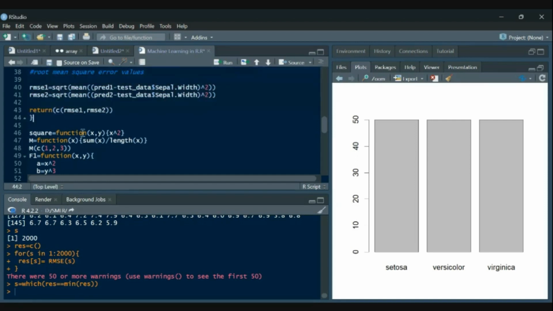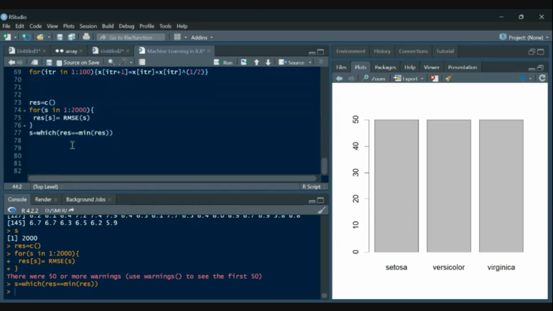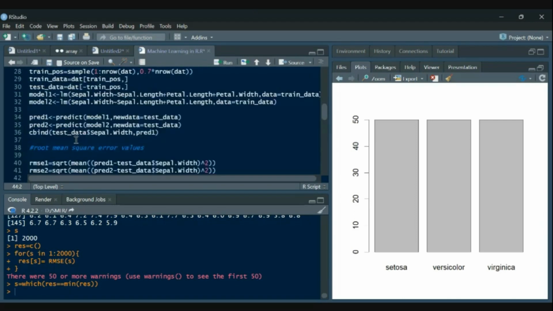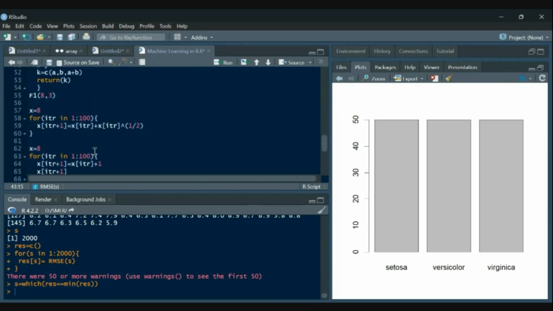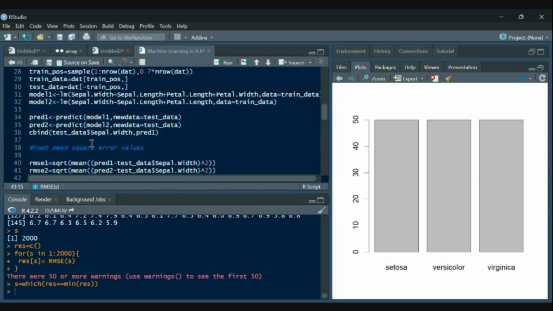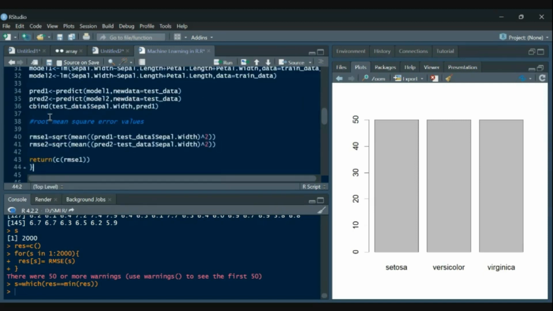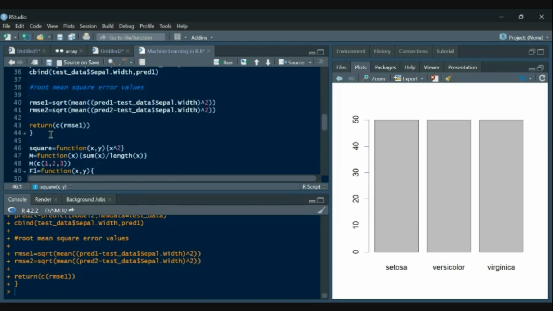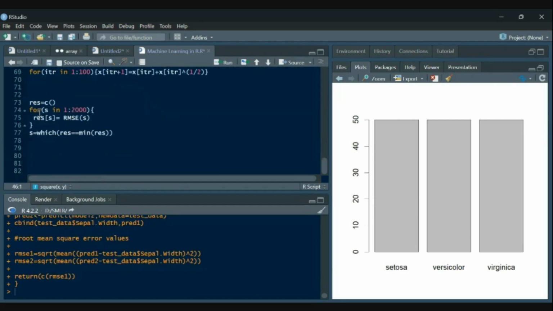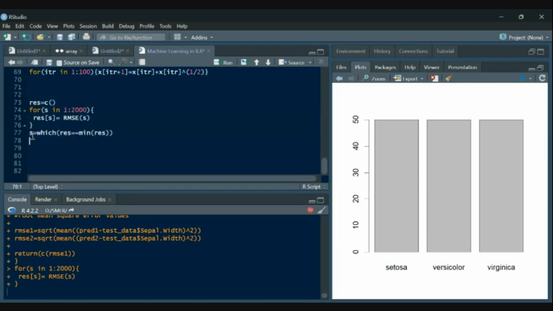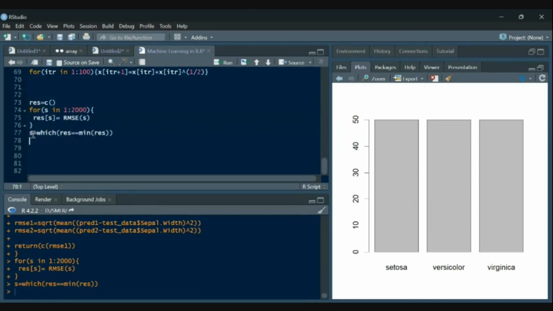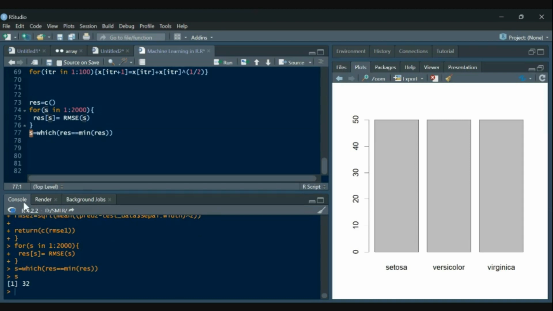Okay, got it. So now since we are returning two different values, the same program won't run again. Suppose we were only obtaining this particular value to X, then this will run again. So let's suppose RMSE will run this. It will give us RMSE 1, and this should run now without creating any problem. So it was 32 value.